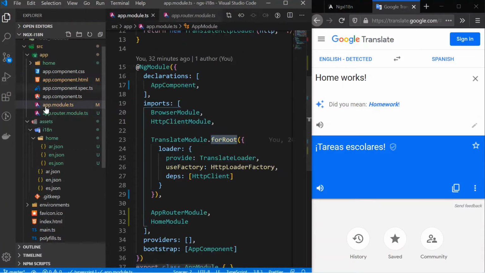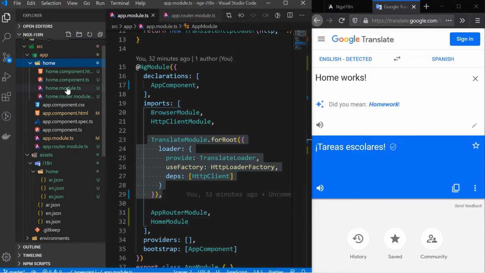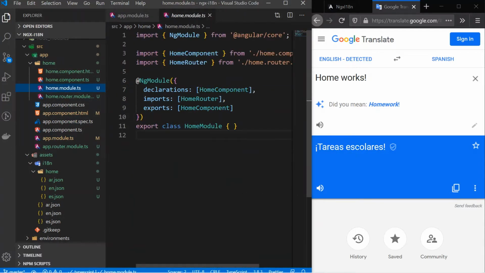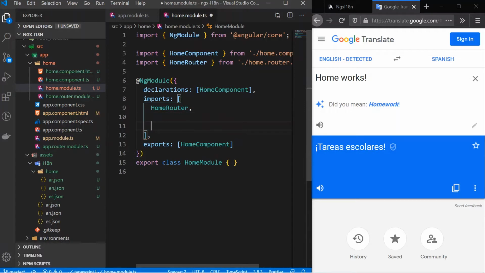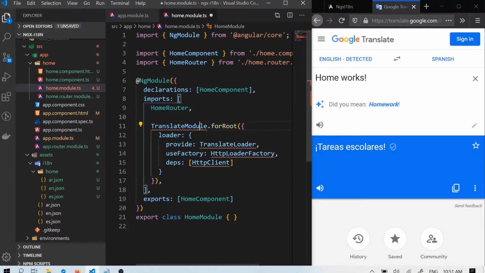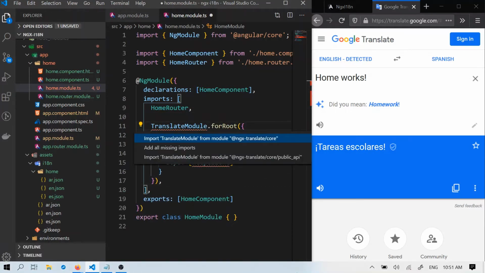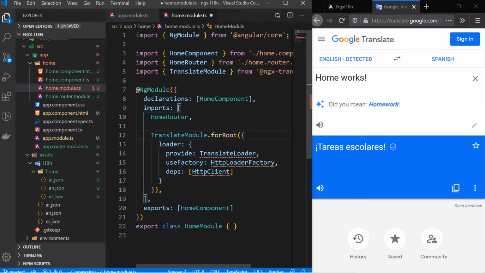Now let's copy this from here, and inside our home module let's paste that. Translate module we will import from NGX Translate core.